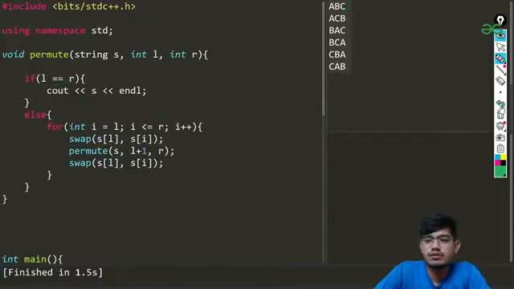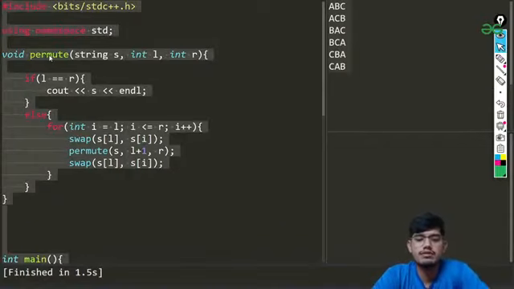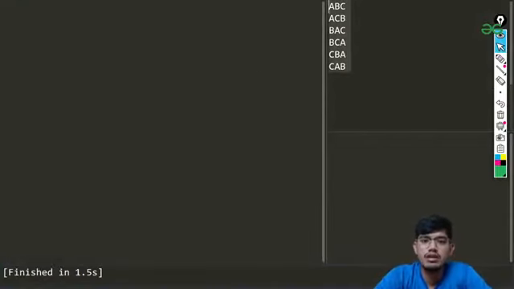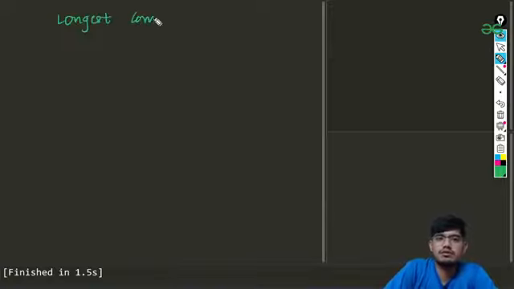Now let us talk about the third question for today. This is related to the problems which I have already solved in the last classes. The name of the question is finding the longest common substring. We'll be given two things. Let me remove all these things, and we have this question, longest common substring.